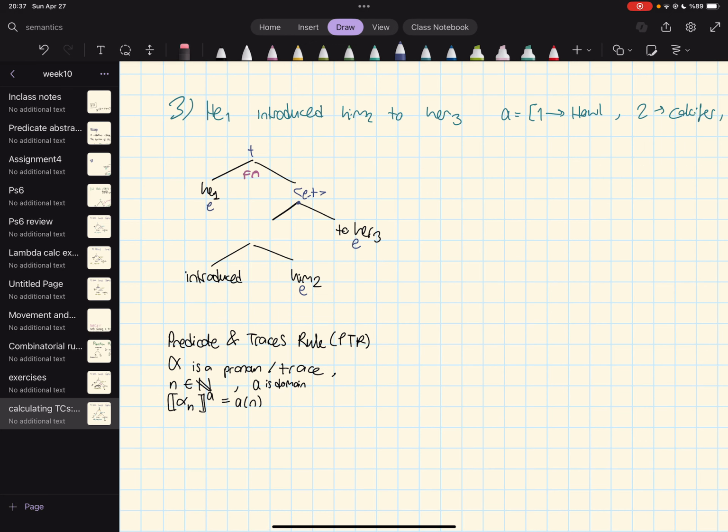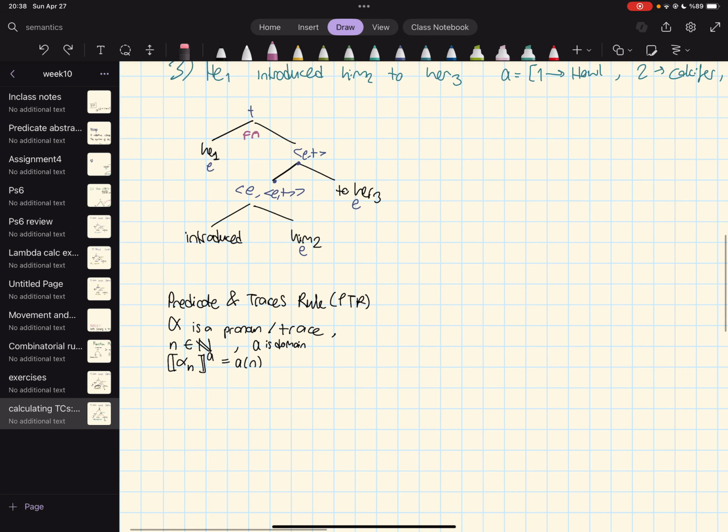And since this node denotes T and it has E to take as the argument, this node takes E as the argument and returns a function of type ET. So it goes like this. This node takes E as the input and returns ET as the output, as its mother. So now, to calculate this, I would have to use function application. And lastly,